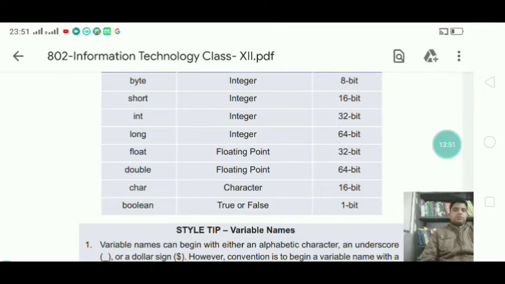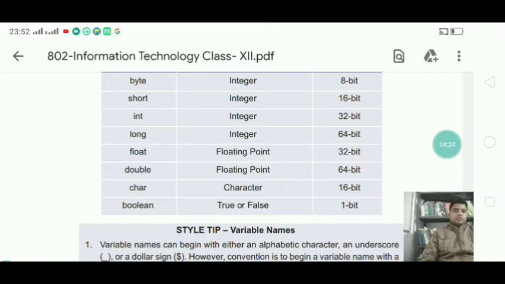Next comes the double data type. This data type can also save decimal values, or you can say fractional values, and for that you need 8 byte of memory space. And it can store fractional data up to 15 decimal digits.